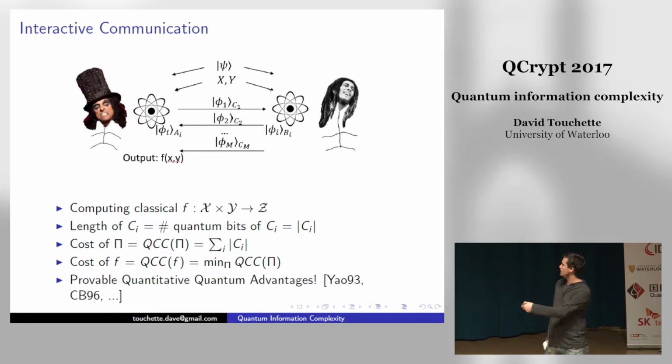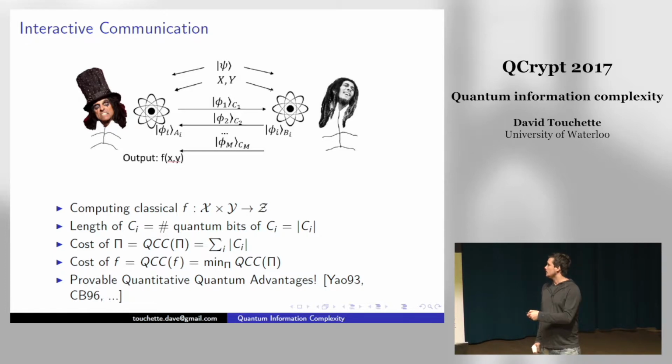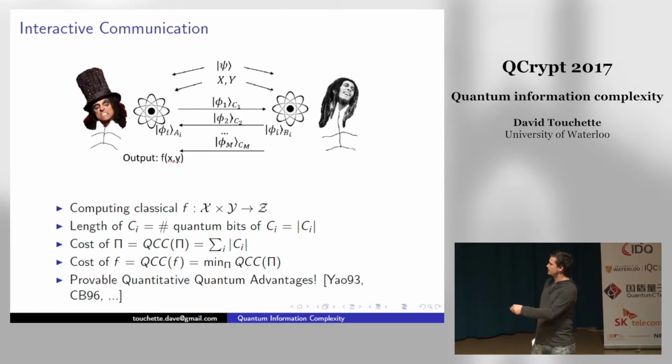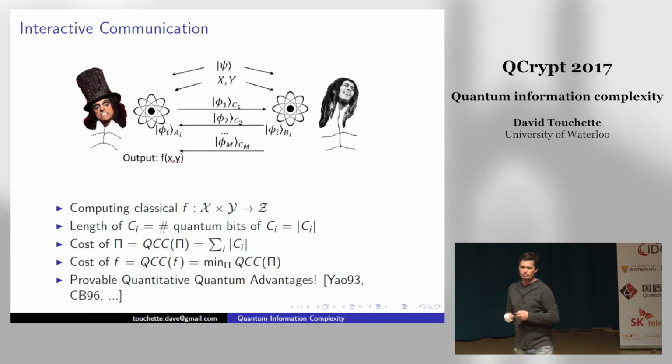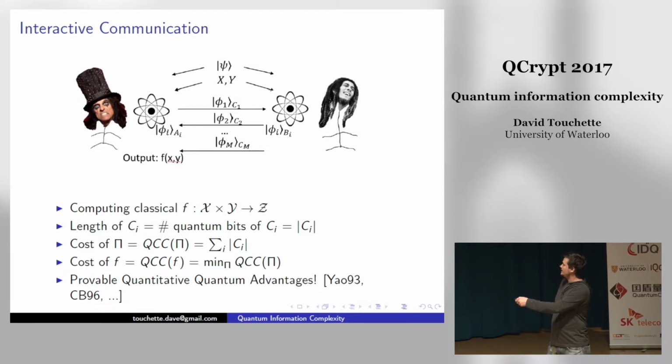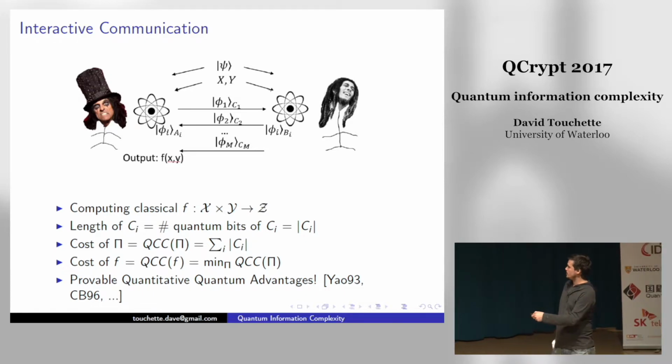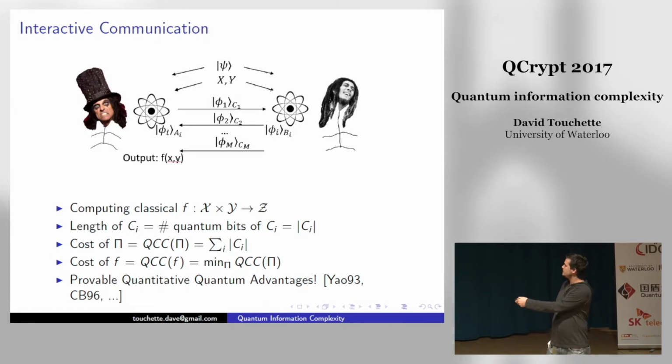And in order to do so, well, they can use quantum resources. So for now, we'll assume that they have access to a full-fledged quantum computer on Alice's side and quantum memories. Similarly, on Bob's side, they have access to pre-shared entanglement. And then once the protocol starts, Alice uses her classical input x as well as her share of the entanglement to generate the first message, C1, that she sends to Bob. She keeps some quantum memory A1. Then upon reception of C1, Bob uses his input y along with his share of the pre-shared entanglement together with the new message just received from Alice in order to generate a new message to send back to Alice, C2,